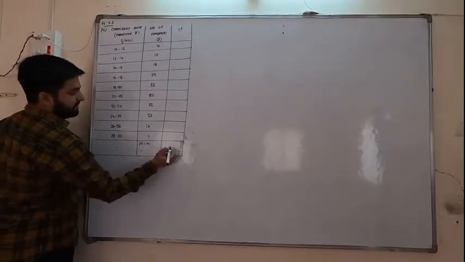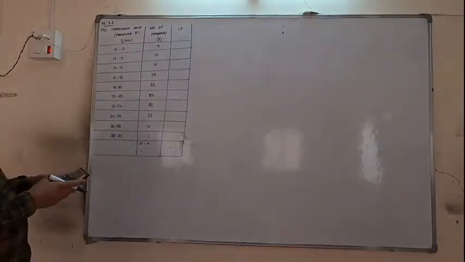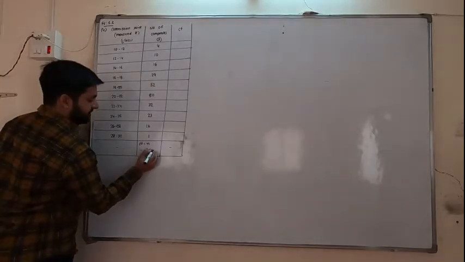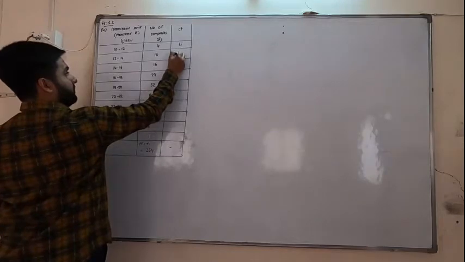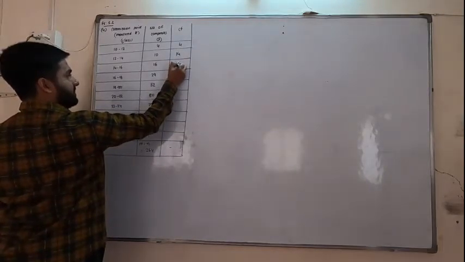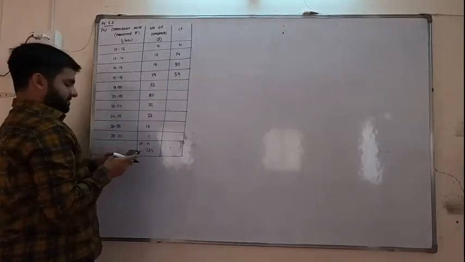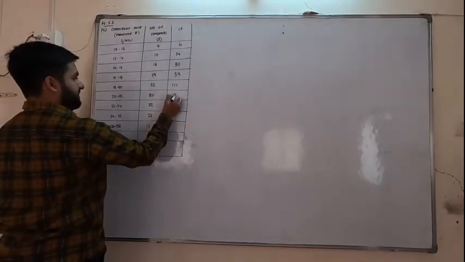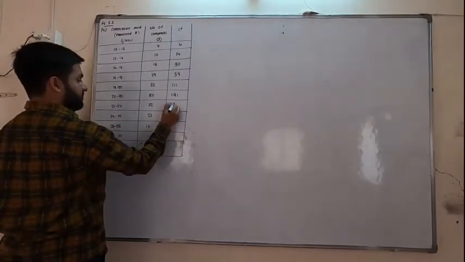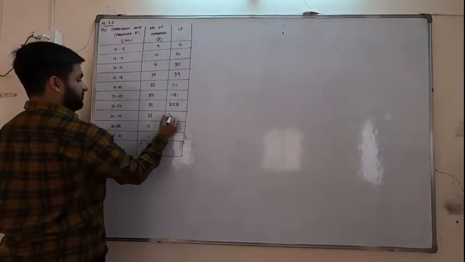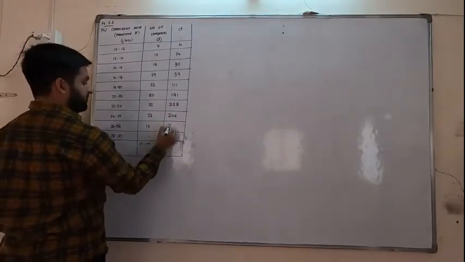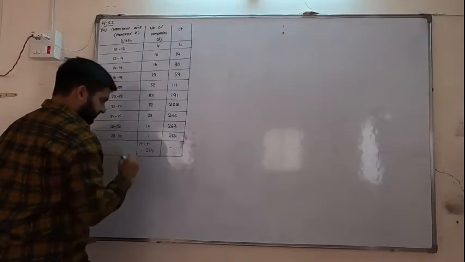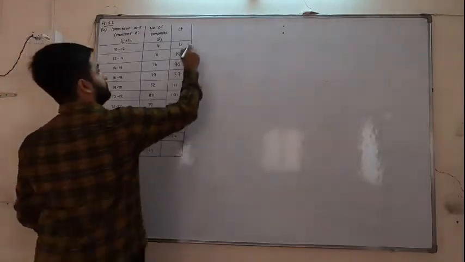Sigma f equals 4, 10, 16, 29, 52, 80, 32, 23, 17, 1, which is 264. 4 plus 10 is 14, plus 16 is 30, plus 29 is 59, plus 52 is 111, plus 80 is 191, plus 32 is 223, plus 23 is 246, plus 17 is 263, and then 264. Okay, now